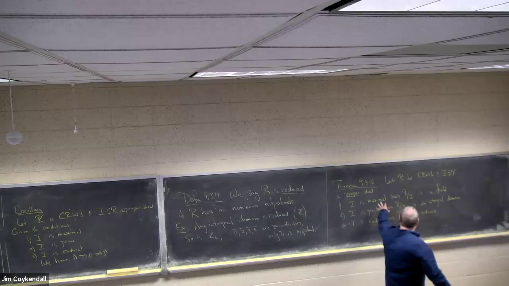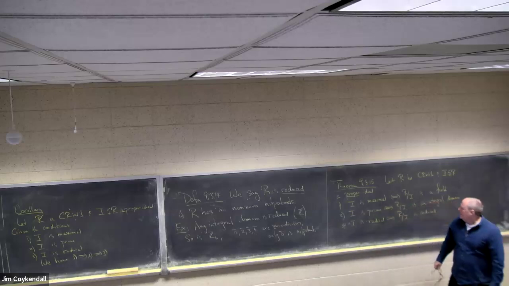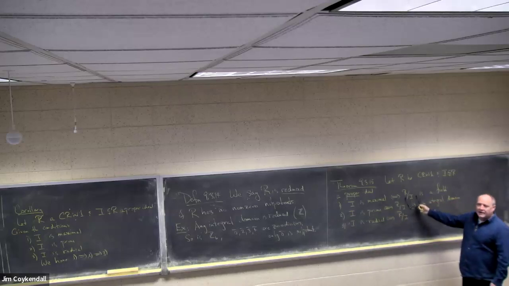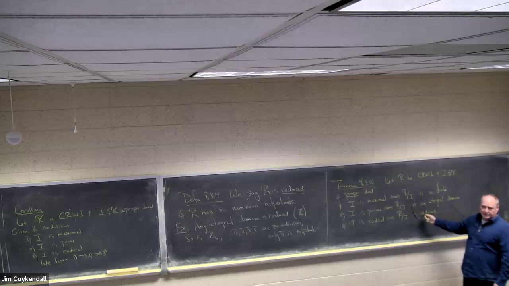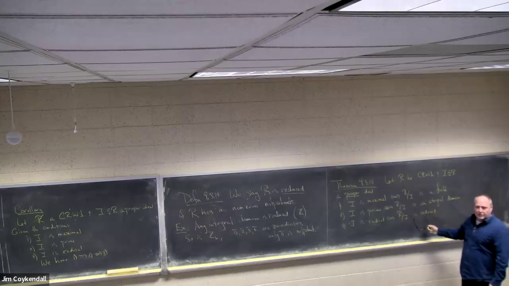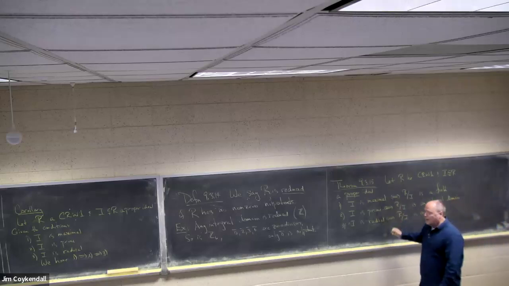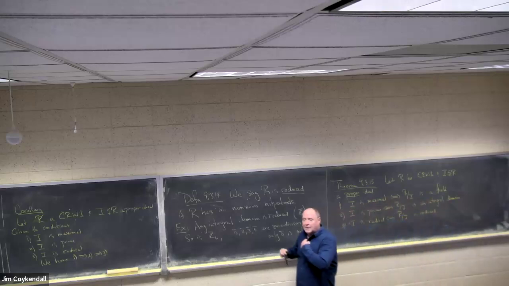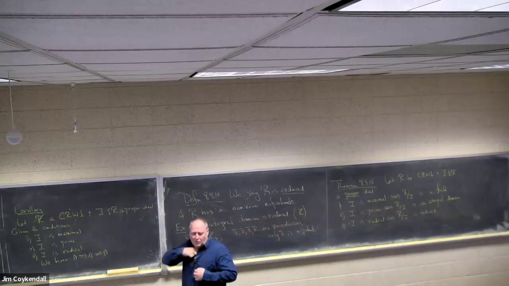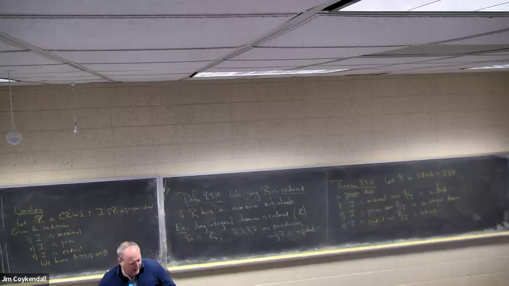This follows immediately from this theorem, because if R mod I is a field, it is an integral domain, because fields can't have any non-zero zero divisors. And any integral domain is reduced. So that means maximal implies prime and prime implies radical. Think about how to prove this. We'll go over at least some of this next time. Any questions? All right, well, we'll see you folks on